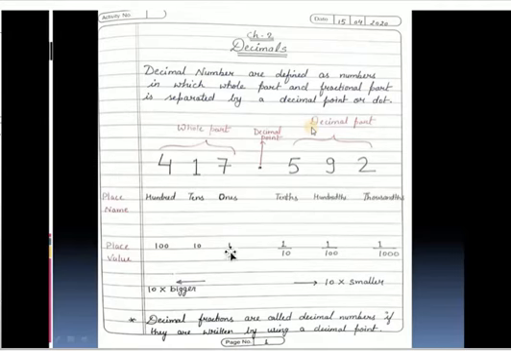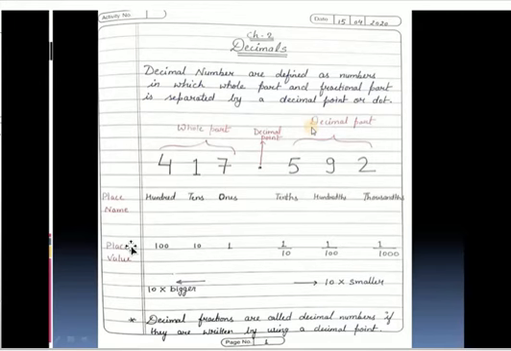Similarly, here the place value of this place is 1, this place value is 10, this has 100 as its place value. But after the decimal point, this tenths place has 1 upon 10 as its place value. This has 1 upon 100 as its place value, and this has 1 upon 1000 as its place value. Okay, so every time you go in the right direction of a number, each place value is 10 times smaller than the previous one, and as you move to the left side in a decimal number, each place value is 10 times bigger than the previous one. I hope it is clear to you.